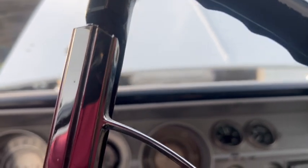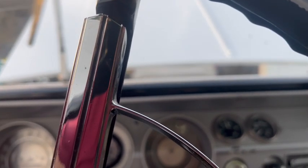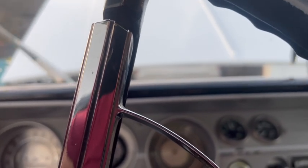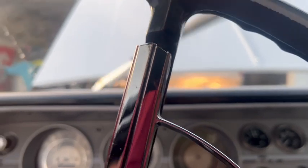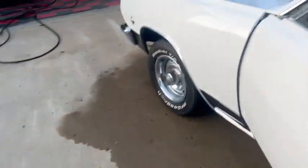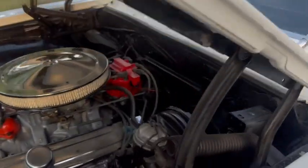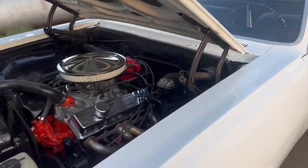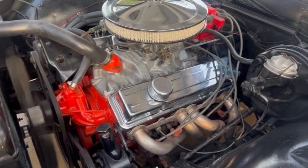Switch must be a little funky. Definitely gonna have to see what the deal there is. There you see the bright light there. We unhooked them, so we'll have to see what deals with the switch there, but runs good, runs nice and